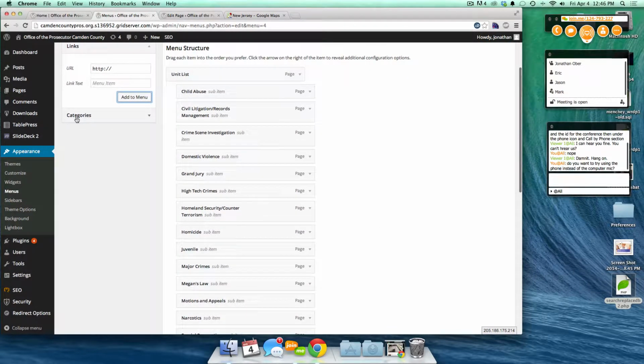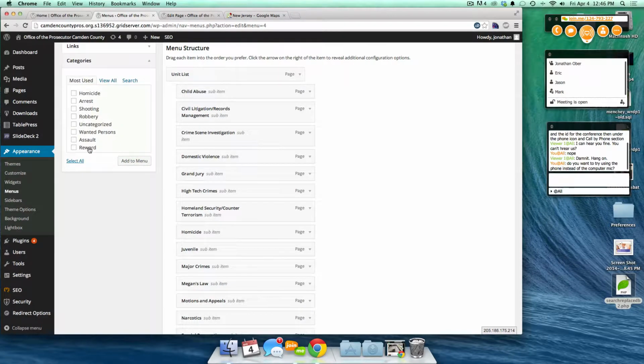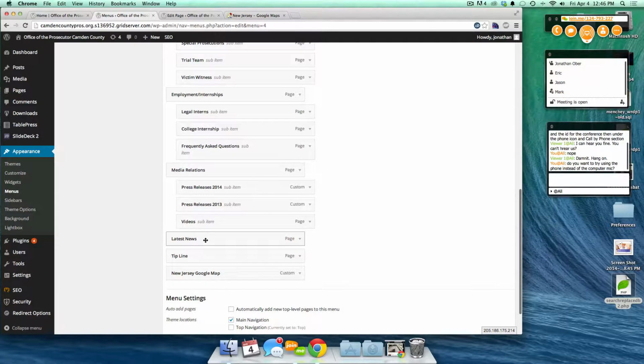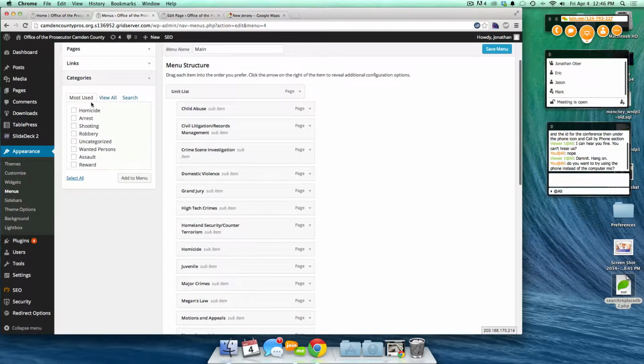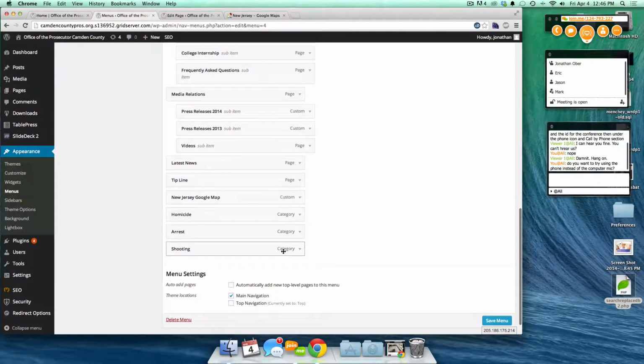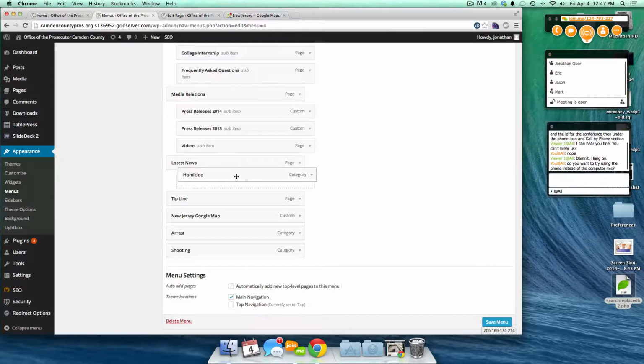The other thing that you can do is we have our categories set up, and here we have our latest news. So let's say, just for this purpose, that we want to get people quicker to these links. So I can go ahead and add to menu those categories, and you'll notice here our normal pages are just called page, but here is our categories. So now if I put those in line here,